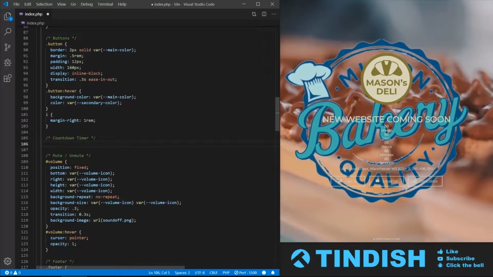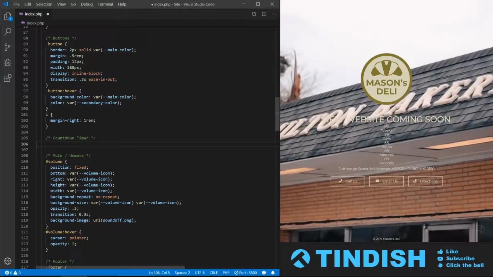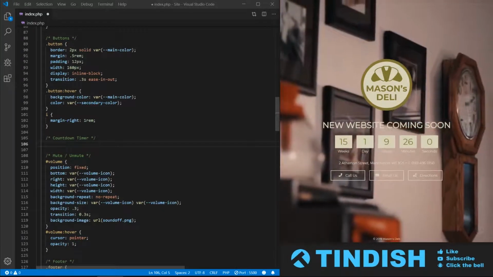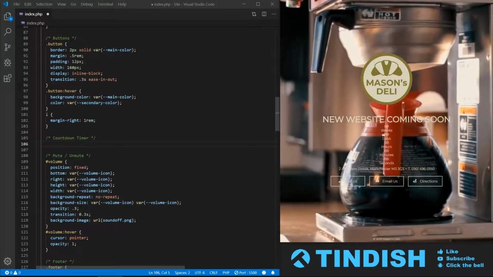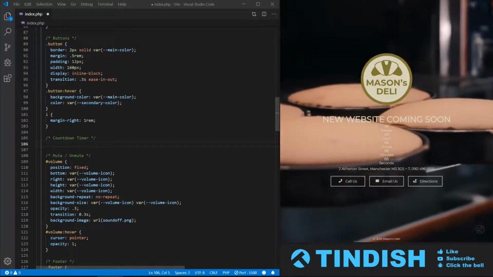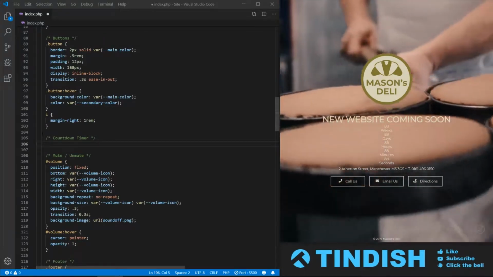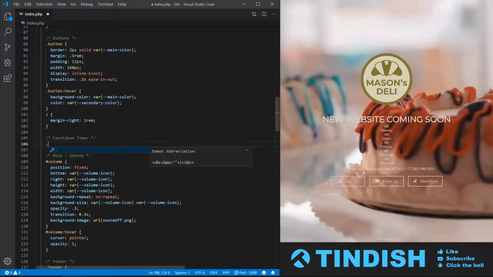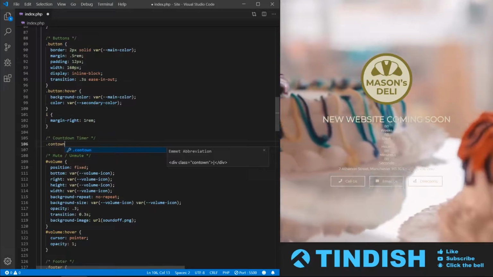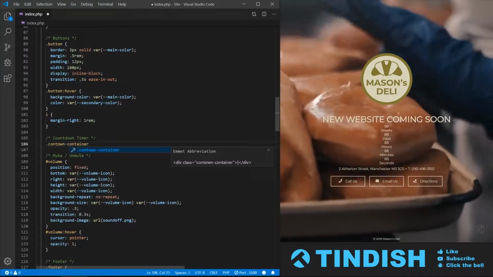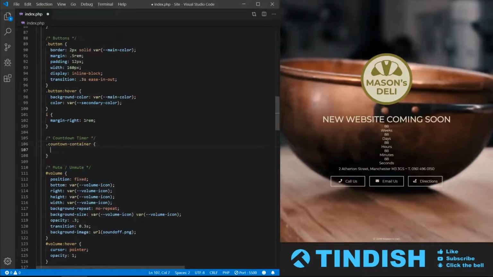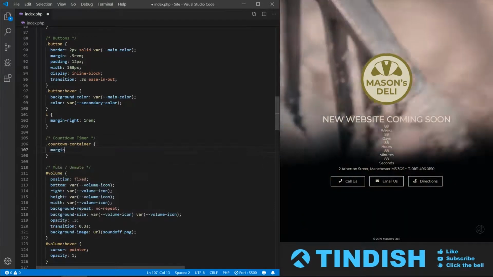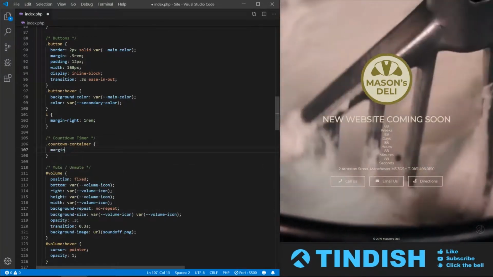So here we're going to style it all and get it from looking the way it is there, the way obviously we want it to look here. So what we're going to do is start off with the countdown timer container, which we called, I think, countdown container. And we're just going to give that a margin of 1 EM